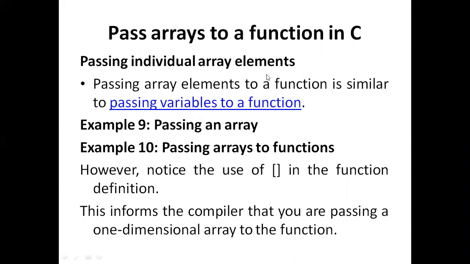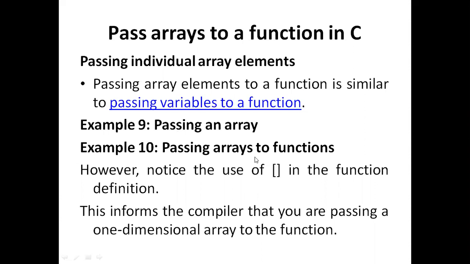We can pass the entire array at a time, or we can pass individual array elements as individual variables. A of 0 is one individual element, A of 1 is one individual element, A of 2 is one individual element. We can pass individual elements, or we can pass the entire array at a time to the function. Once you understand these two programs, how we pass individual array elements and how we pass the total array to the function,